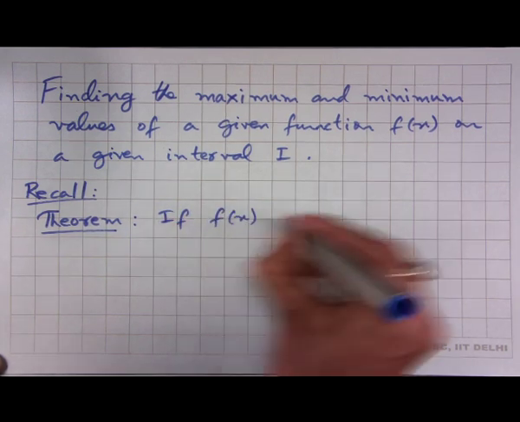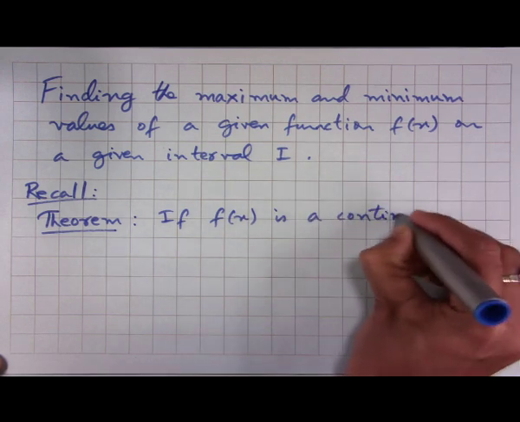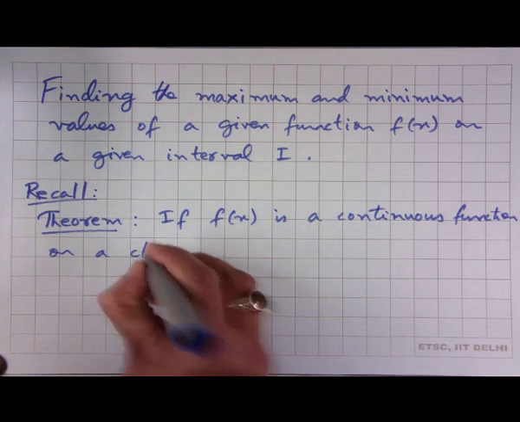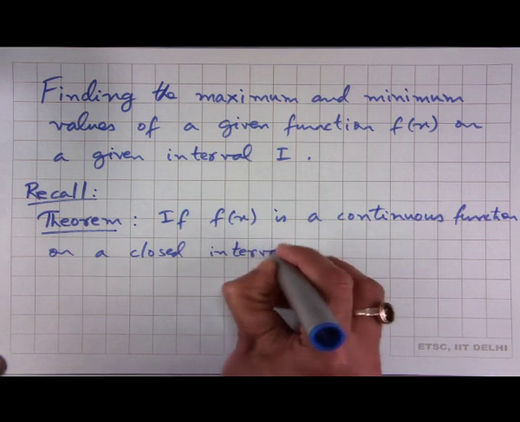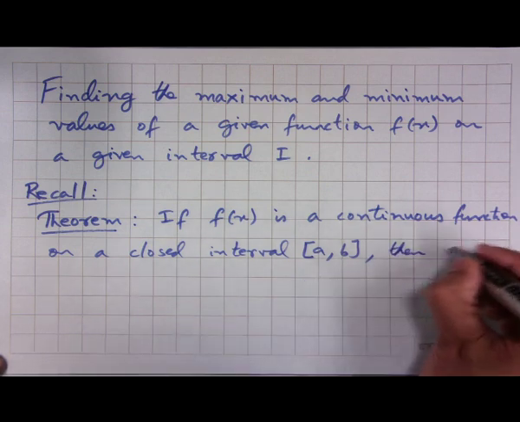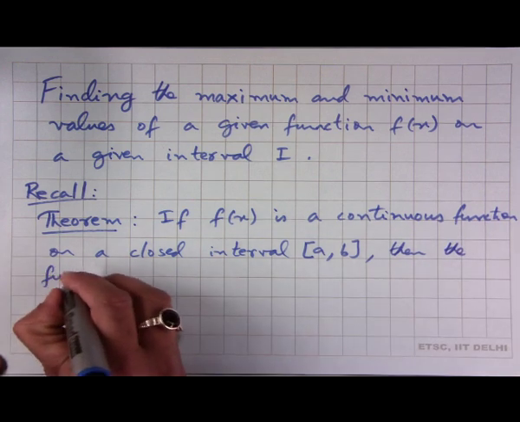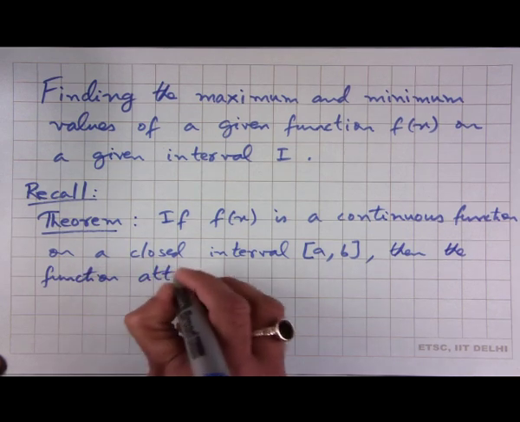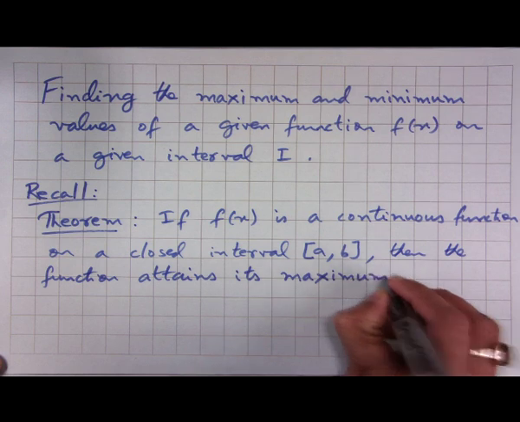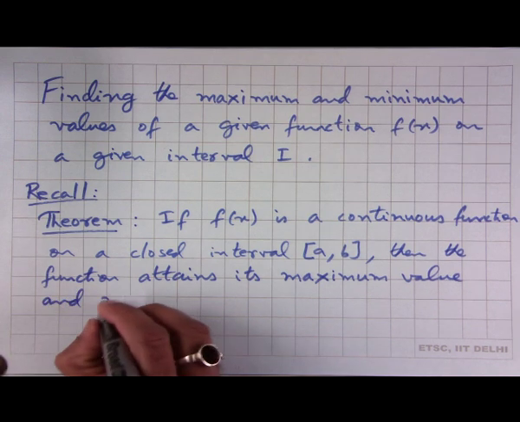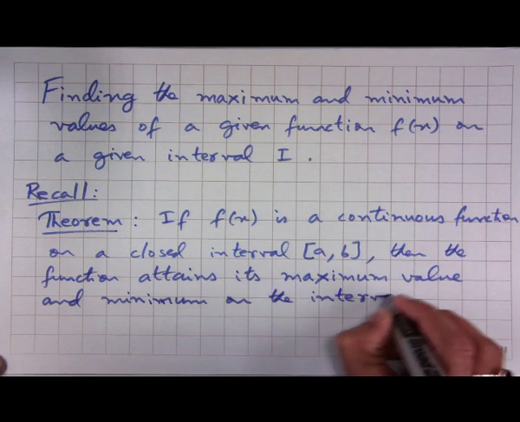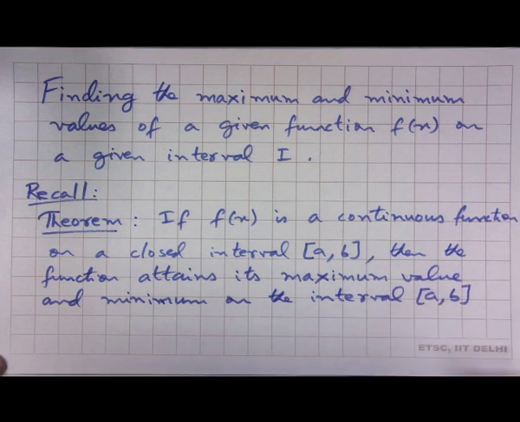if f of x is a continuous function on a closed interval, we say [a, b], then the function attains its maximum value and minimum value on the interval [a, b], which means that is, there exists